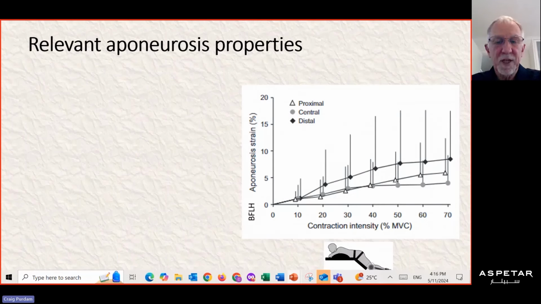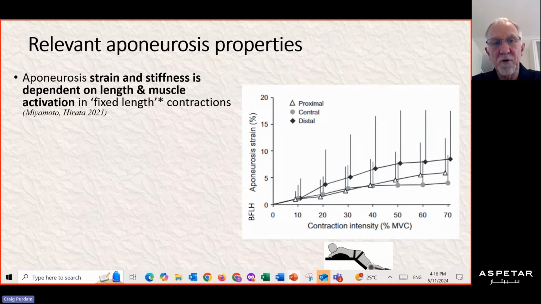I broached this particular feature: the aponeurosis strain and stiffness is dependent both on the starting length of the muscle and also the degree of activation. If we look at a starting length, as you see here, and this is from Miyamoto's work, which is pretty much the late swing phase of running, if we fix a muscle at that length and then perform an isometric contraction